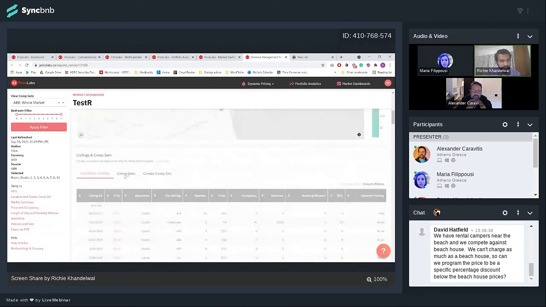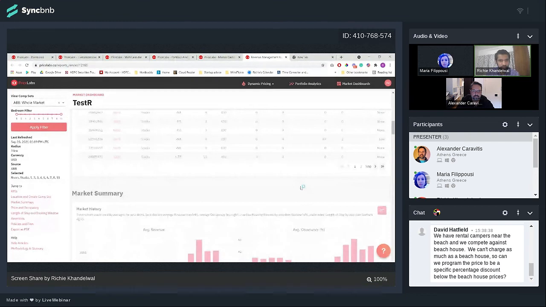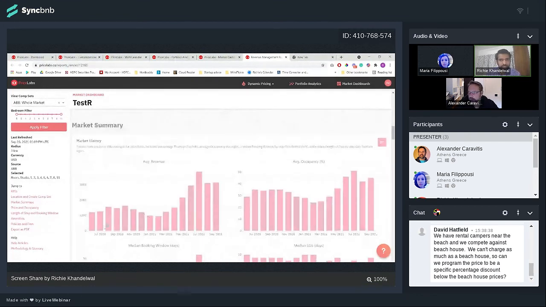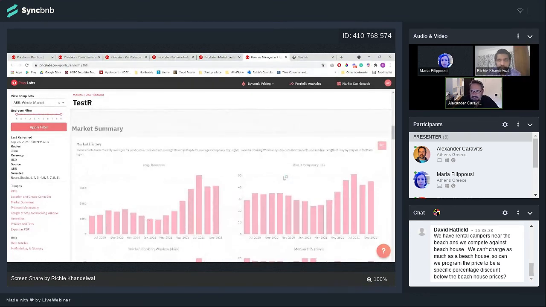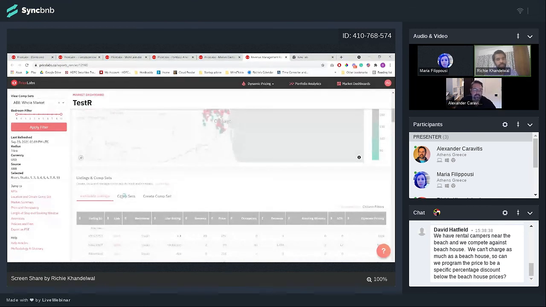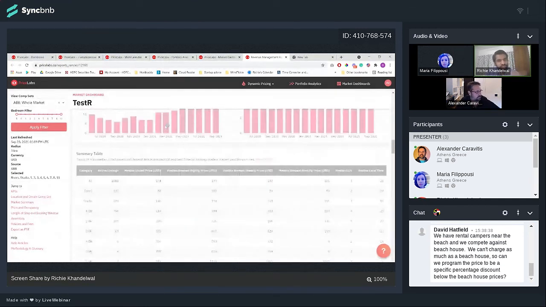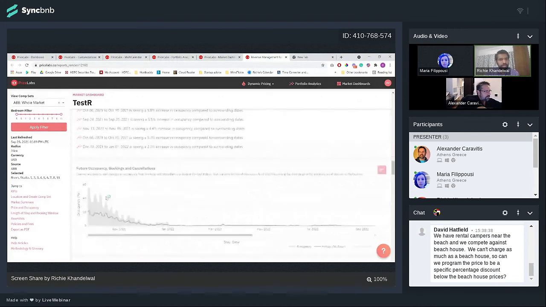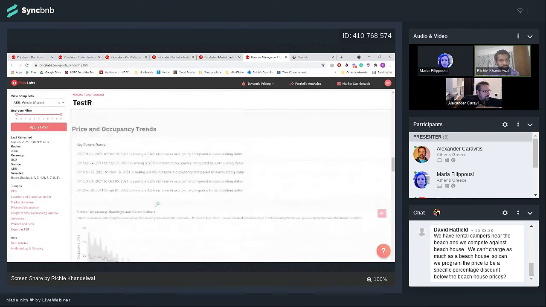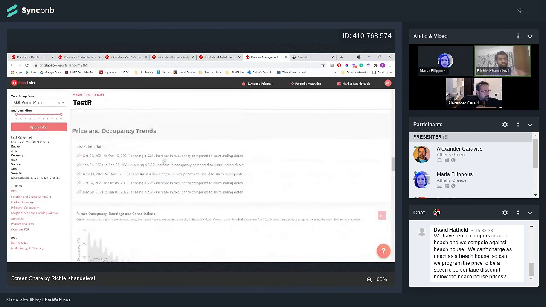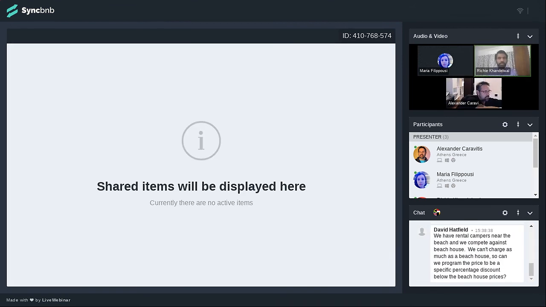You can also create certain comp sets where you say, I only want to look at 2-bedrooms having more than 10 reviews, and they use dynamic pricing, or they don't use dynamic pricing, or something like that, right? Comp stands for competition. And so you'd see all kinds of data. You can also see what future occupancy looks like, what some high demand days are, and so on and so forth, right? But I'll stop sharing.